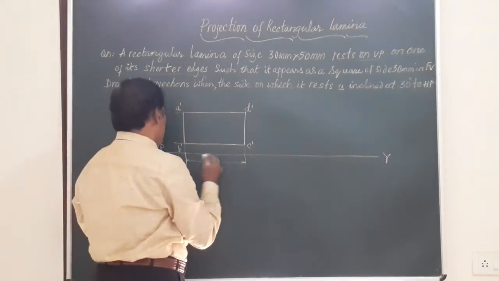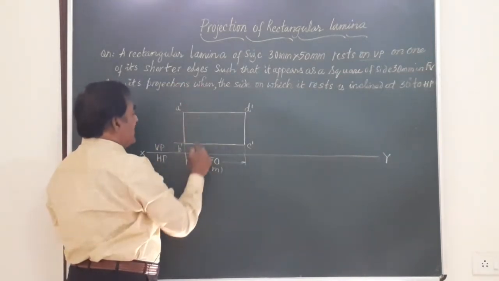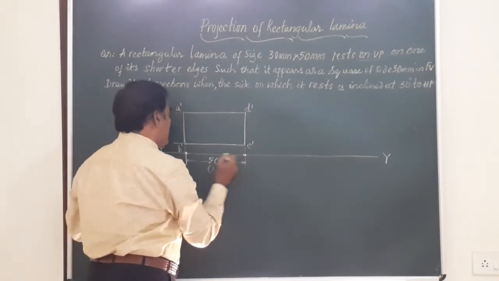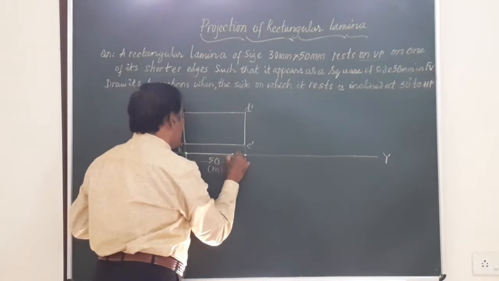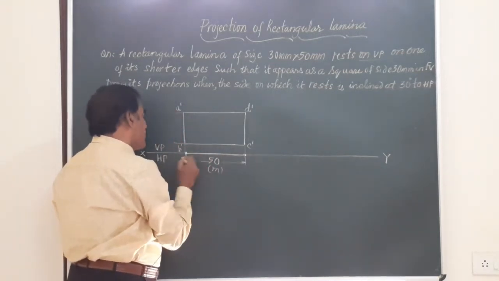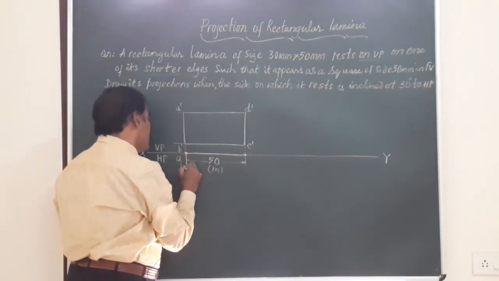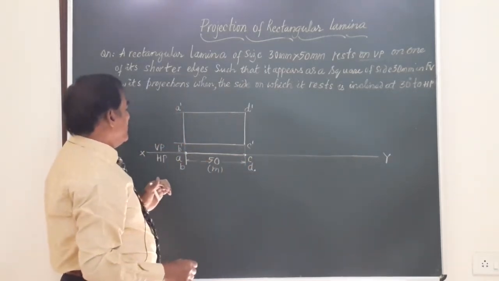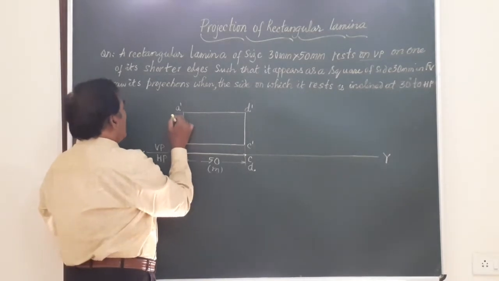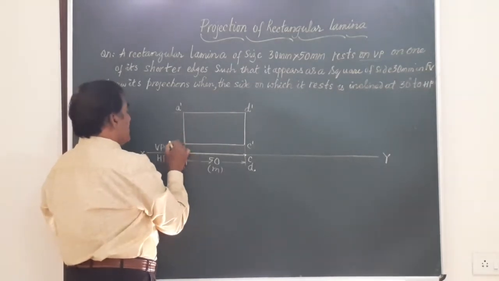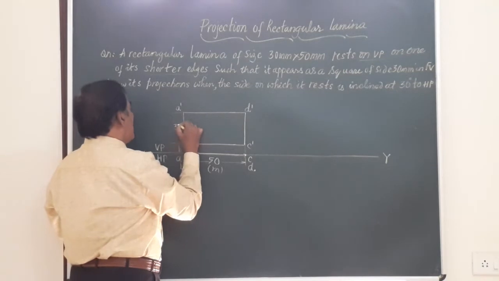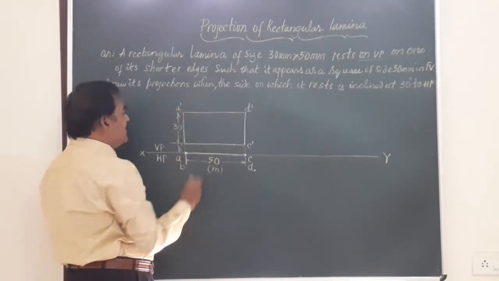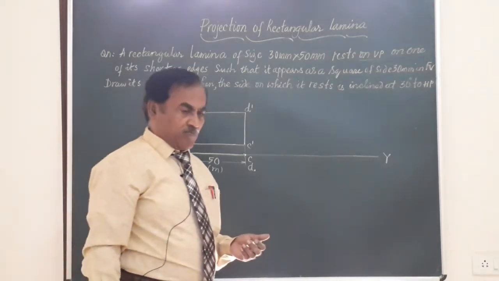So let us obtain the top view. Top view will be a line on XY. So you are going to get a line on XY having measurement of 50 mm. So I will call this the top view. I call A comma B, AB, and this side it is CD. Friends, we have just made this lamina to be on vertical plane, and we have got the front and top views of the lamina, that is a rectangle in the front view and a line in the top view on the XY line.